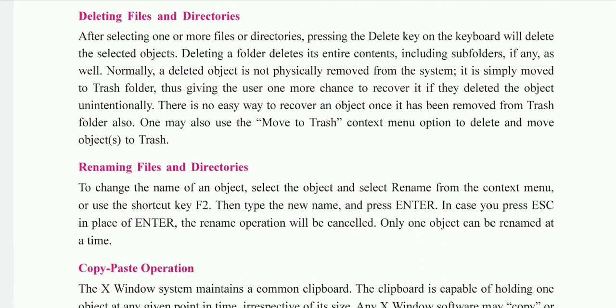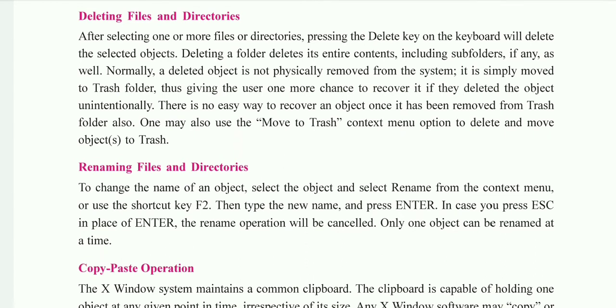Next is renaming files and directories. If you want to rename a file, first select the file, and then either you can do the right click. When you do the right click, the context menu will open and you can select the Rename option. Otherwise, the shortcut key is F2. When you press F2, a dialog box will appear.